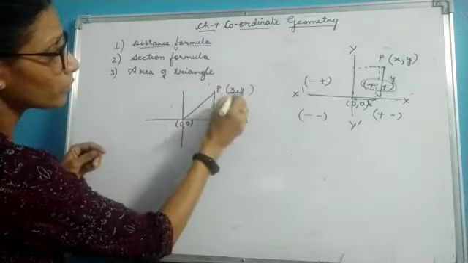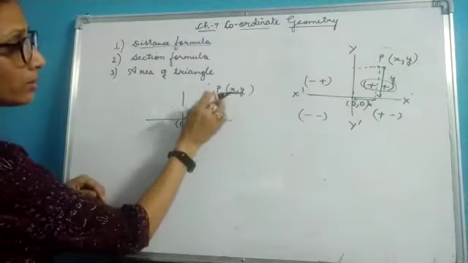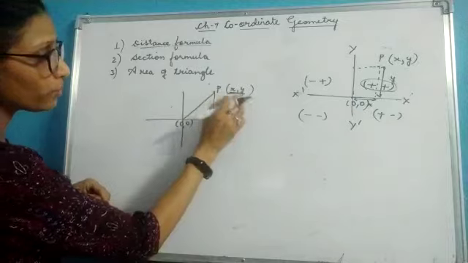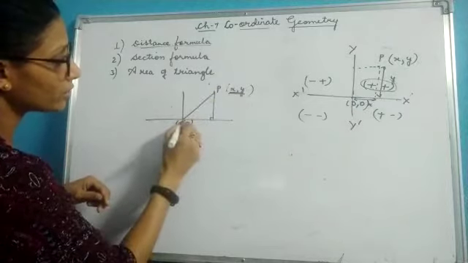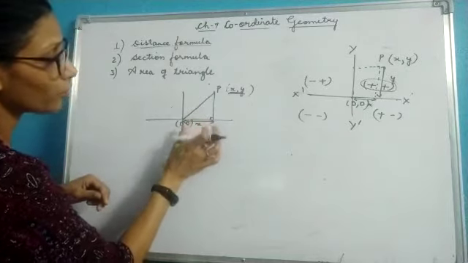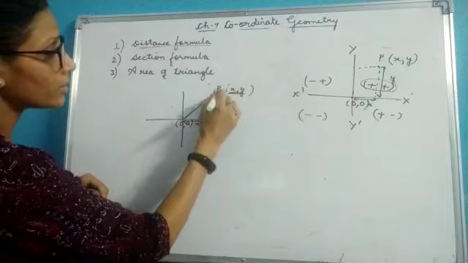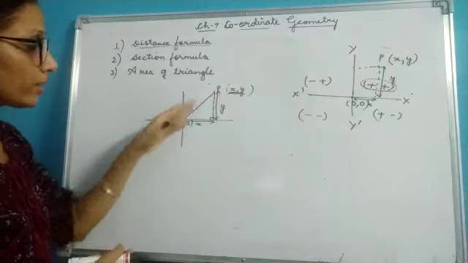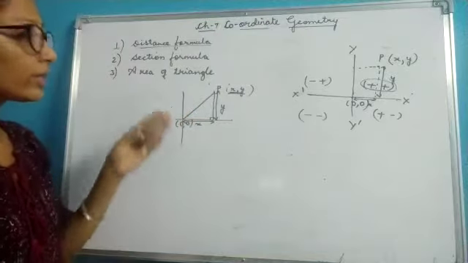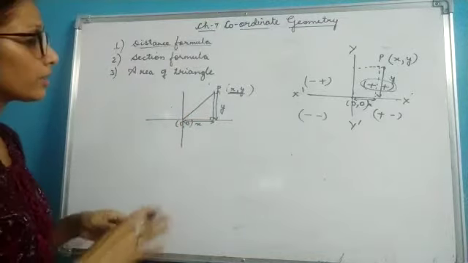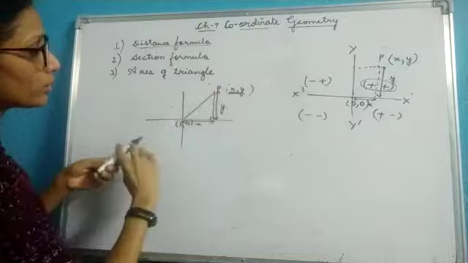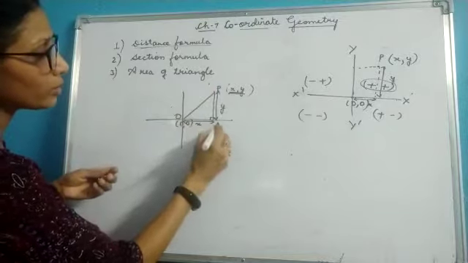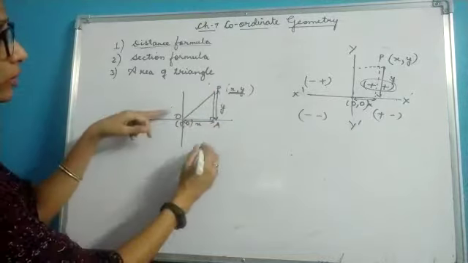Let's say this is the coordinate of point P, which means this x is the distance from the x axis and this distance is your y axis. Now if this is your right angle triangle, you can easily apply Pythagoras theorem here. If you want to find out this distance, which is say OP, and say this point is A, then what are you going to write?